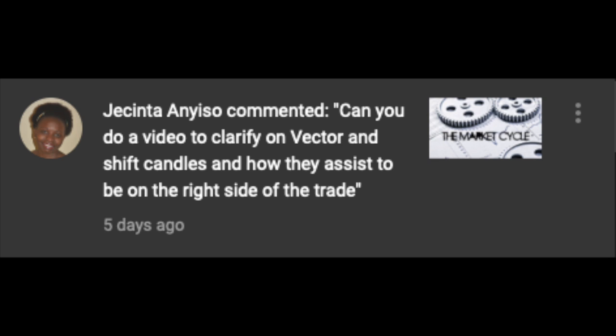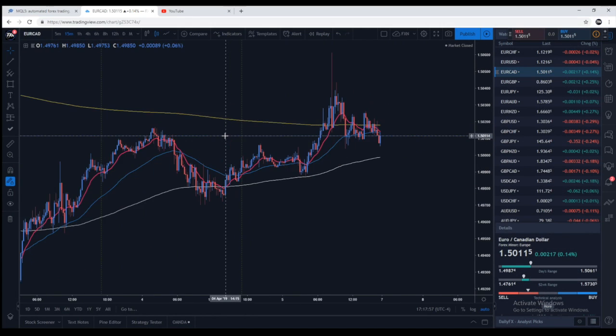Jensita asks, can I do a video to clarify the vector and shift candles and how they assist to be on the right side of the trade? Jensita, to be honest with you, vector candles are just pushes that market makers make, right? So a good example of that is if we go to a chart here,